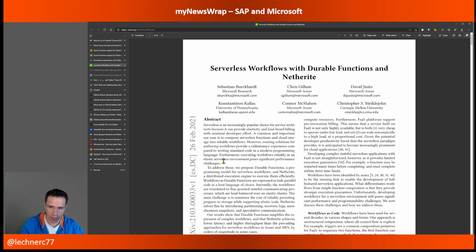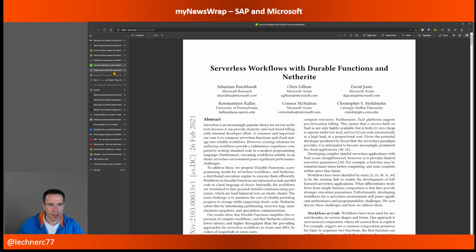Of course, the focus is Netherite, but this paper really gives you a great overview about the challenges that come along with making workflows and states available within the serverless area, what other options are out there in the market, and what the challenges or shortcomings of those offerings are. Some things are even not doable with those, in contrast to what you can do with durable functions. So from my perspective, that's a great paper, and if you want to dive deeper into that area, it's highly recommended.